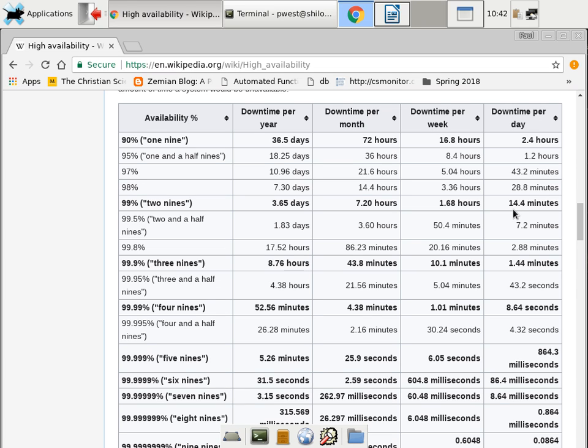Also, here's the other problem. Each time you add a 9, it exponentially increases your testing. Yes. So it actually more than doubles the cost of testing it. Dang. Wouldn't that cut down on the cost of fixing it later on? Yeah. 5 nines, you think 5 nines is the average? It's the biggest jump. That's what I see in most commercials. 5 nines, 5 nines availability.